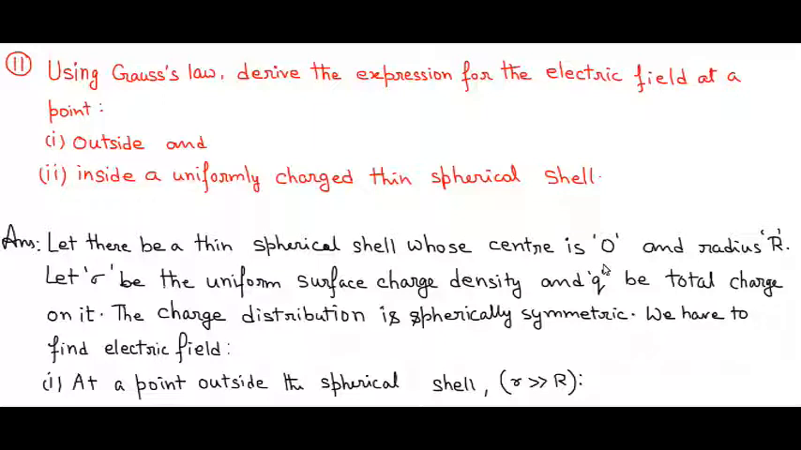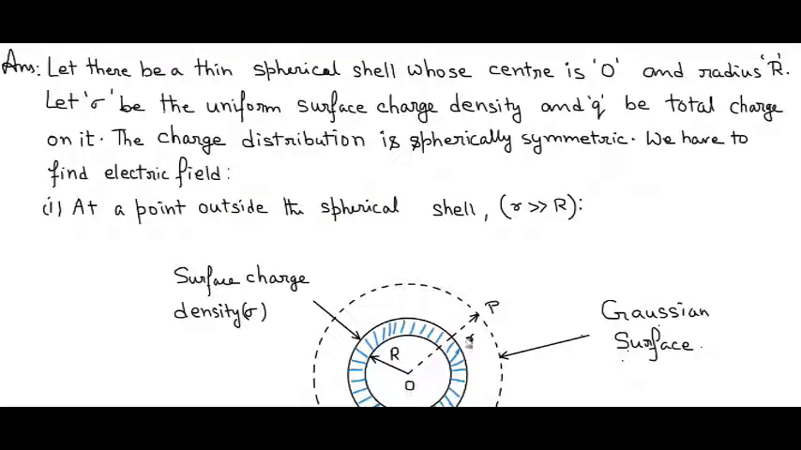So for your sake we have drawn the picture. Let us see the picture. So if you can see the picture, there is a spherical cell, so that you can see the text as well as the picture. There is a spherical cell with center O, and this radius is R, capital R, and this radius is small r. Okay. Now let sigma be the uniform surface charge density, and